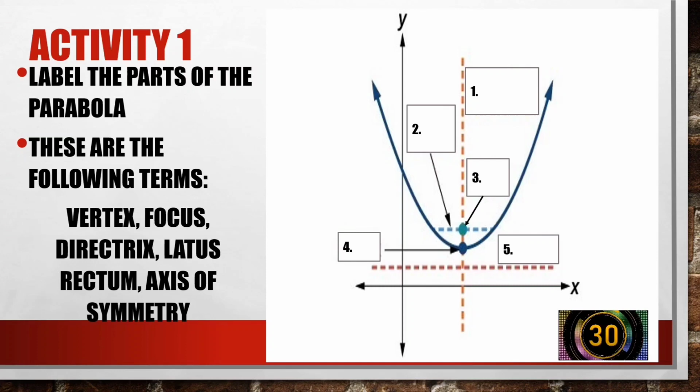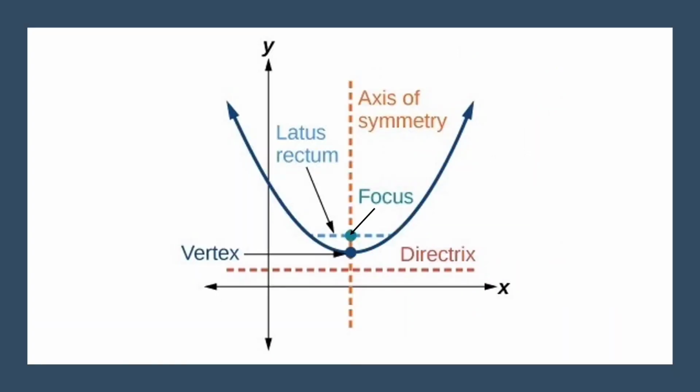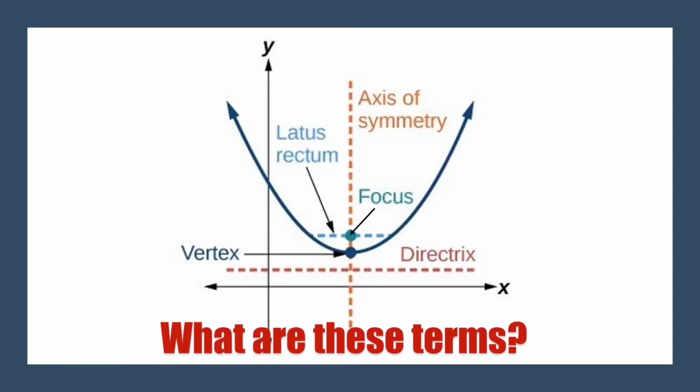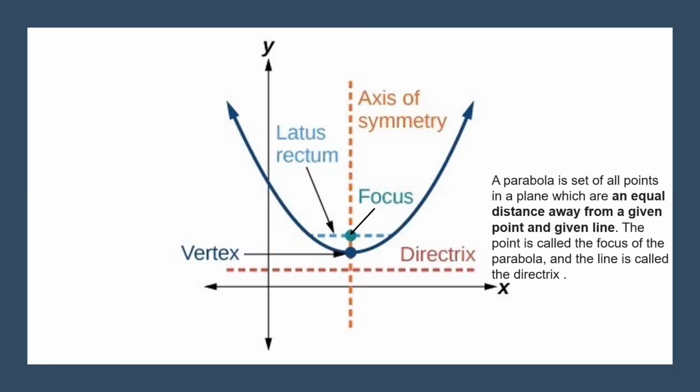Time's up. So this is the label of our graph in the parabola. So this is the focus, directrix, axis of symmetry, latus rectum, and vertex. What are these terms? A parabola is a set of all points in a plane which are an equal distance away from a given point and given line. The point is called the focus of the parabola, and the line is called the directrix, as you can see